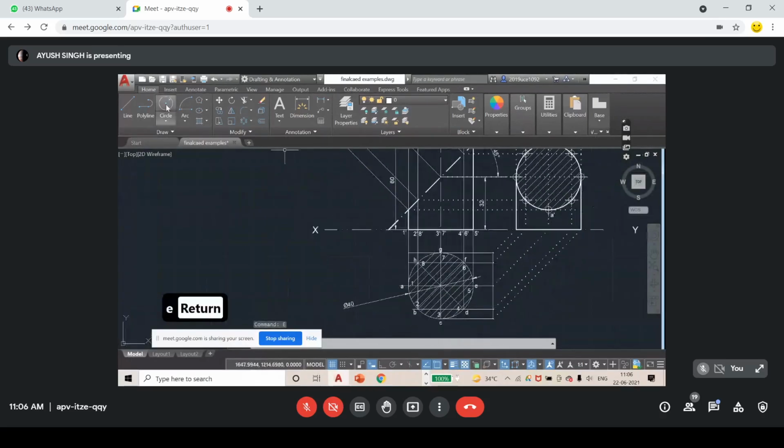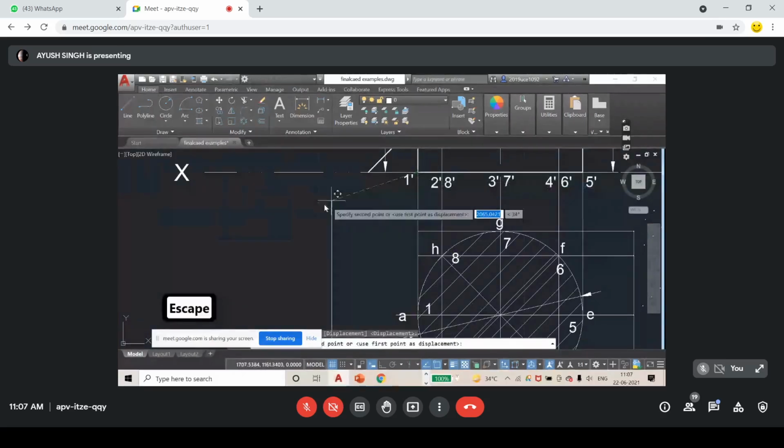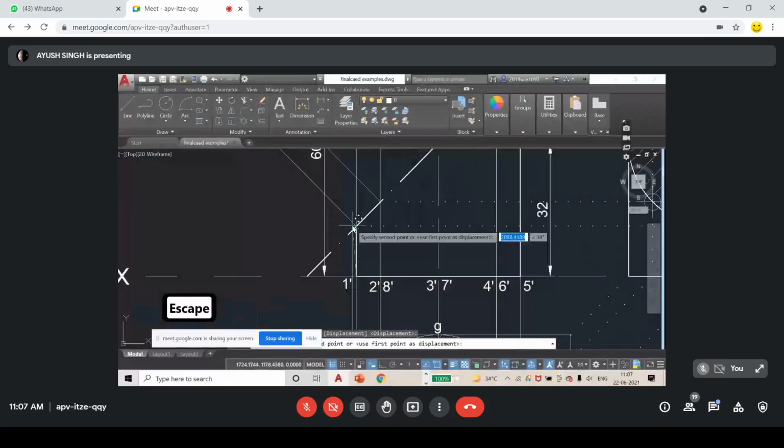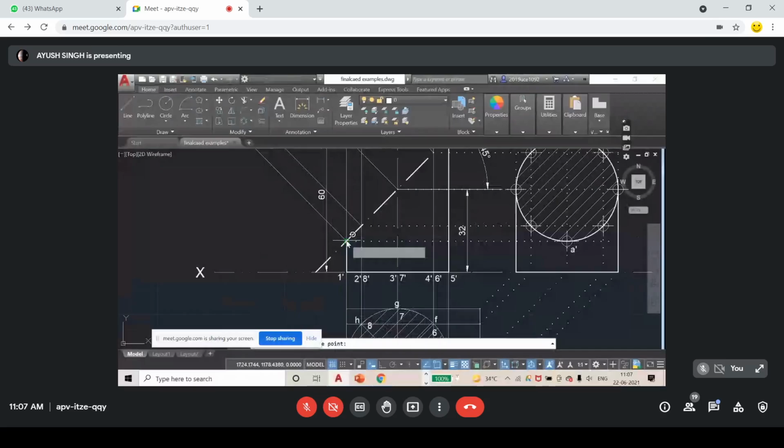So what I do is I just override a line here, and later I will rotate it. See how I am rotating it. Here, right? Yes, this is the cylinder part. Rotate this line by 135 degrees, minus, clockwise, minus 135 degrees.